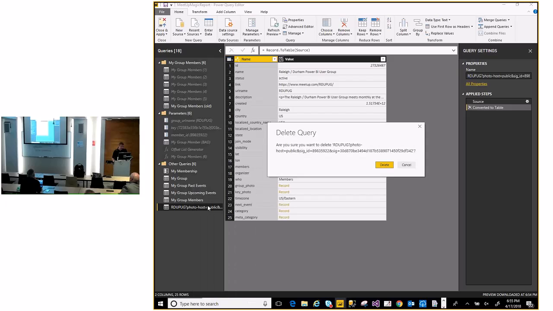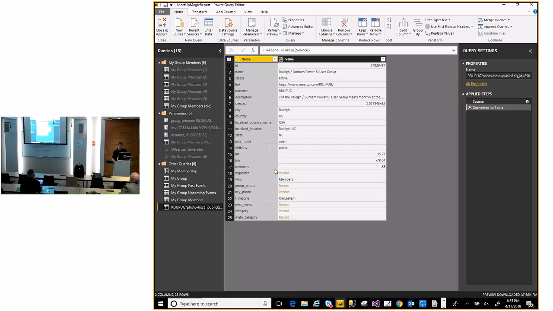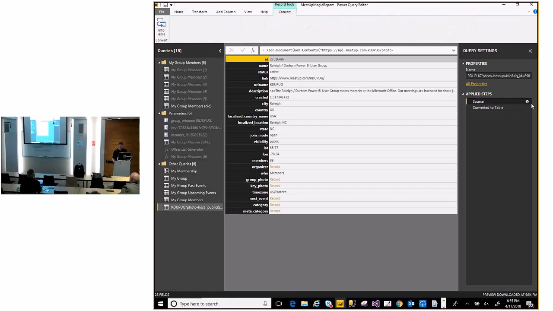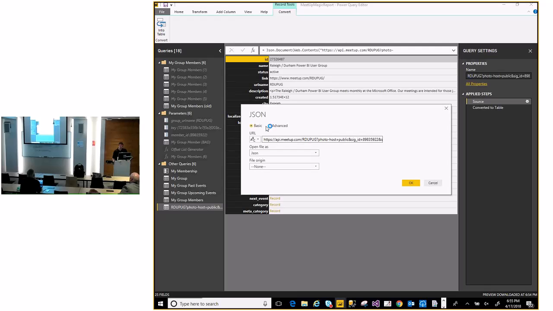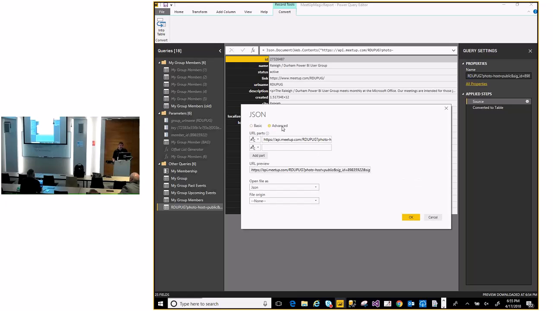That one was just an example to show you guys how to kick that off. Actually, before I do, I'll go back and revisit the source there. So this is the way it's going to look by default. And then if I wanted to parameterize this, I simply kick this over to the advanced mode, and I start plucking out those parts that are more dynamic.